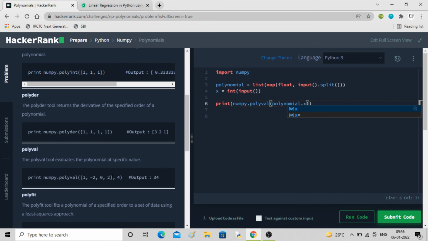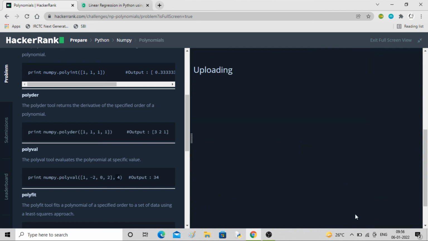See here, this is the polynomial and this is the value of x. Or you can directly do it in a single line. Let me run the code first and check whether it's working or not.